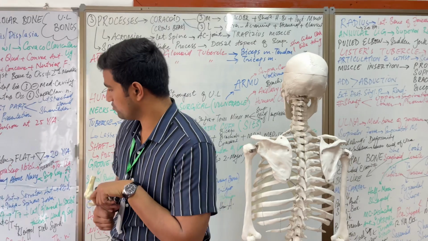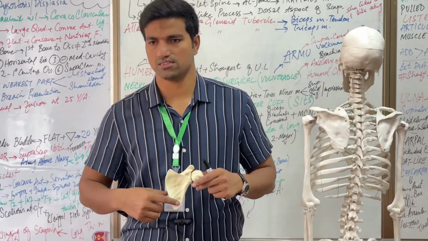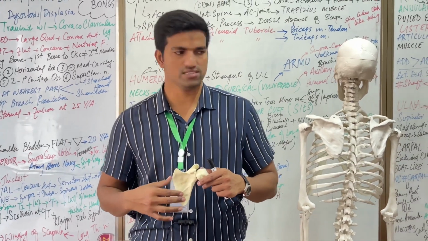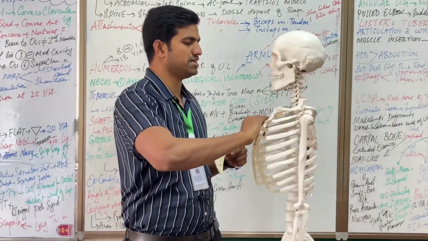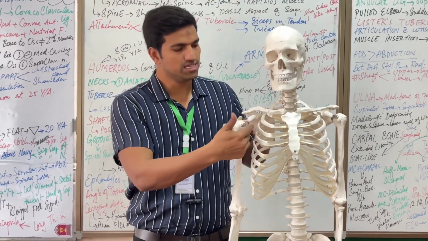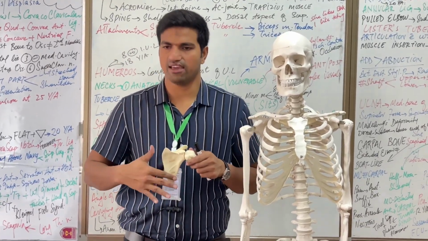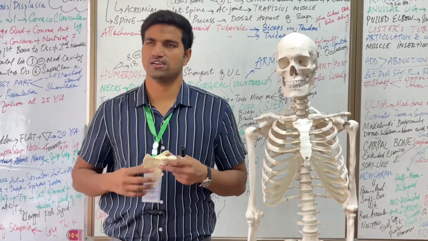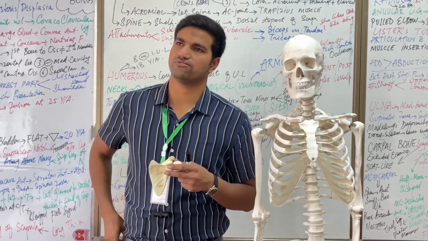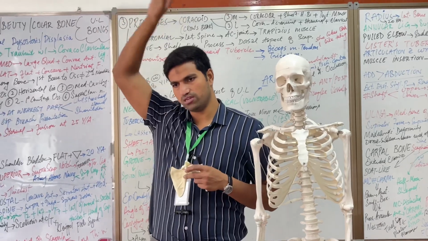Then we have talked about some surfaces also. See, this is the anterior surface or ventral surface. Another name for this anterior surface, because ribs are present anterior to this surface, is the costal surface. This is concave forward and acts as a lever for the serratus anterior muscle for the overhead abduction of the arm.